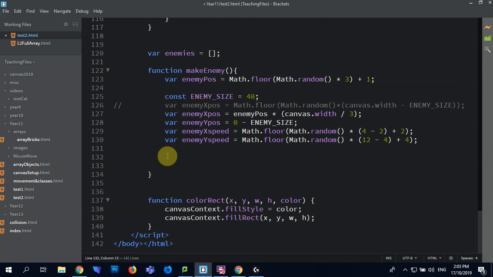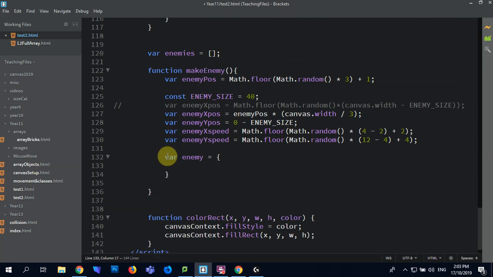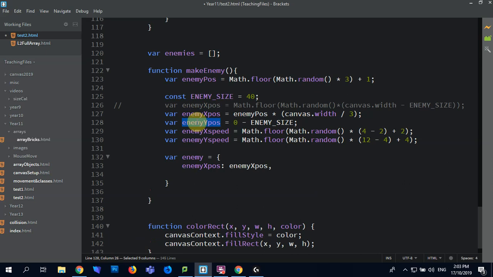So we're going to make what's called an object. So I'm going to go var enemy equals object, and then you basically put in what each bit's going to be. So if I'm going to say enemy xpos is the variable xpos that's generated up there. Ypos. Now there's no set order to what you do this in, but I tend to do it in the same order